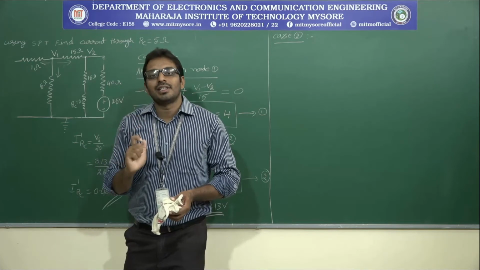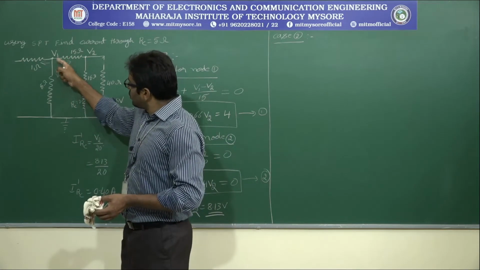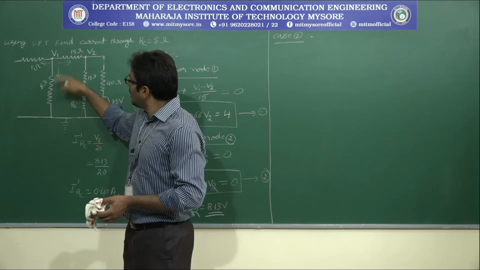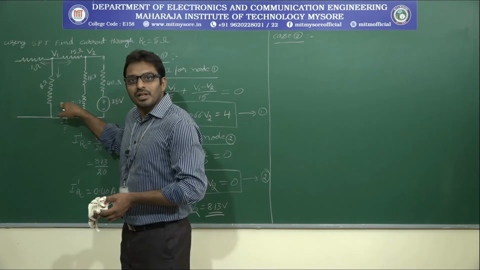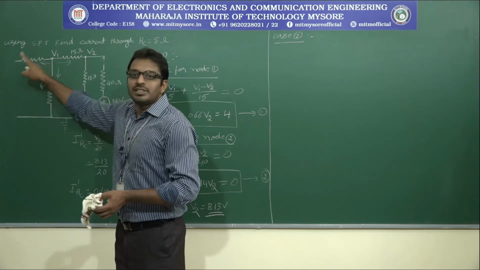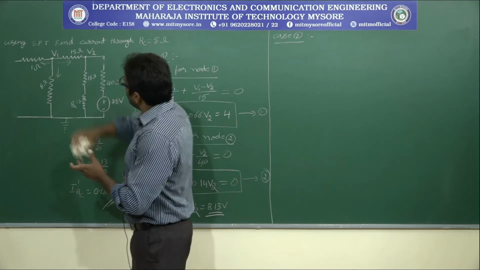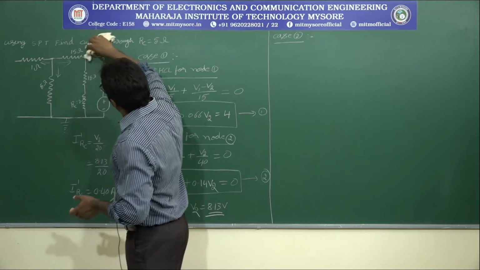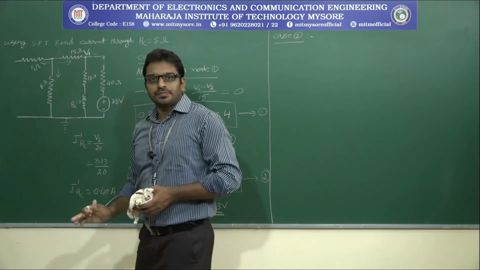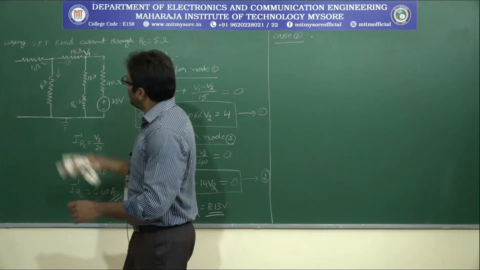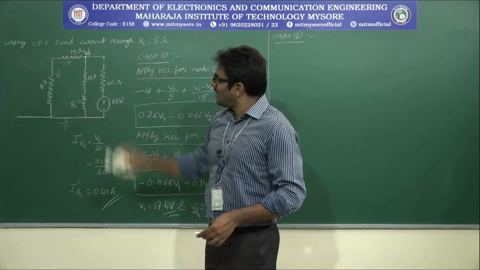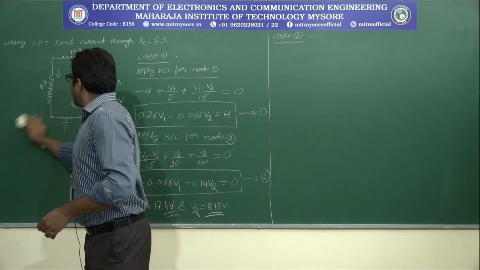When can we say 2 resistances are connected in series? When the same current flows through both resistances, then we can consider these 2 resistances are connected in series. There is a path for the current to divert, but it is a free terminal. It is an open circuit. Is that clear? So only one node in the circuit. It is not a node. In order to avoid the confusion, just remove this resistance. It is redundant, right? Now how many nodes are there in the circuit? Only one node in the circuit.